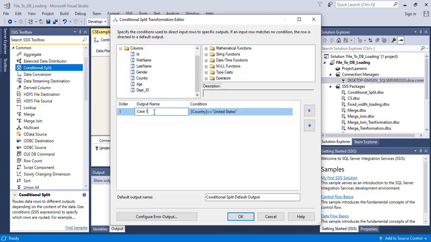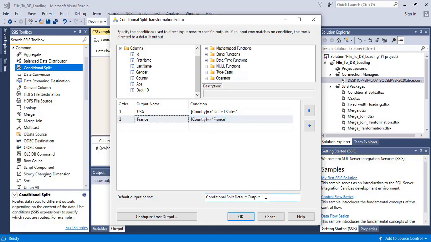The output will be USA. So this will be USA employees. Now if country equals France, then the output will be France.